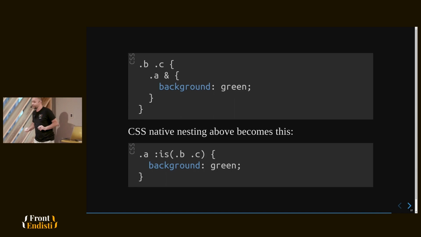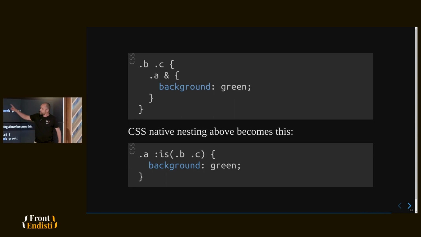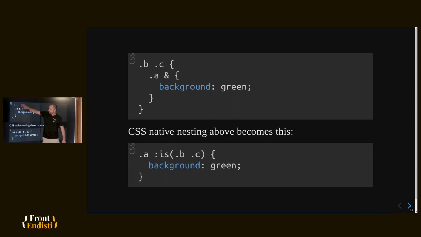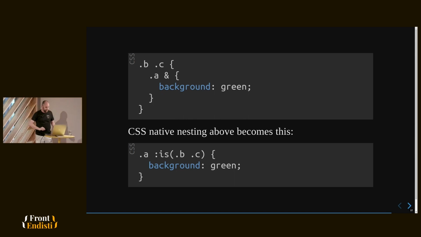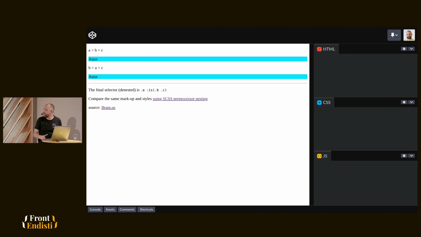And now back to the CSS native nesting. The problem is that this CSS native nesting, which we know from preprocessors and which in a standard preprocessor like Sass or Less will be translated into A, B, C. You know what I mean? In native CSS nesting, it goes to using :is. So it acts differently than what we are used to from preprocessors. And to prove it, I will show you another demo.